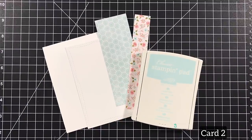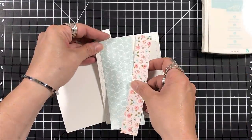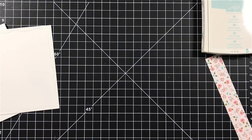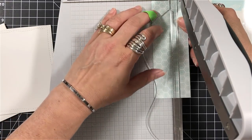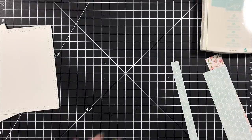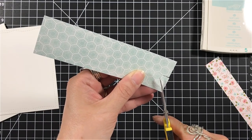So for card number 2, this is a really quick way to make a card. I cut down some of the pattern papers. I'm going to trim this blue one down just a little bit more. It's a little bit too wide. The pink was cut to be 1 inch wide. And this one we're going to cut down to about 1 1/2. The ends of these, because I just want some banners to come down on the one side of my